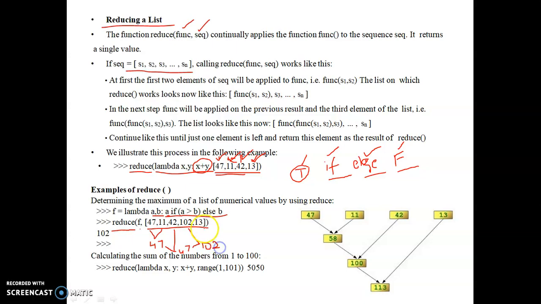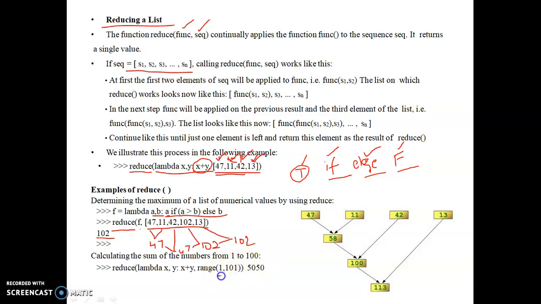And next it finds the biggest of 13 and 102. Again 102 is the biggest. So every time it takes two numbers from the list and finds the biggest of them, and the previous result is used with the next number, and based on that it finds the result. Output is 102.